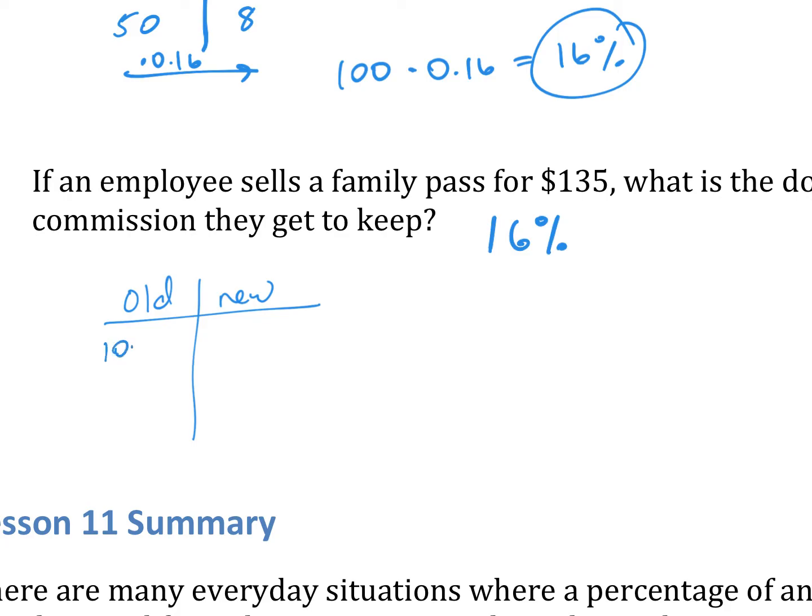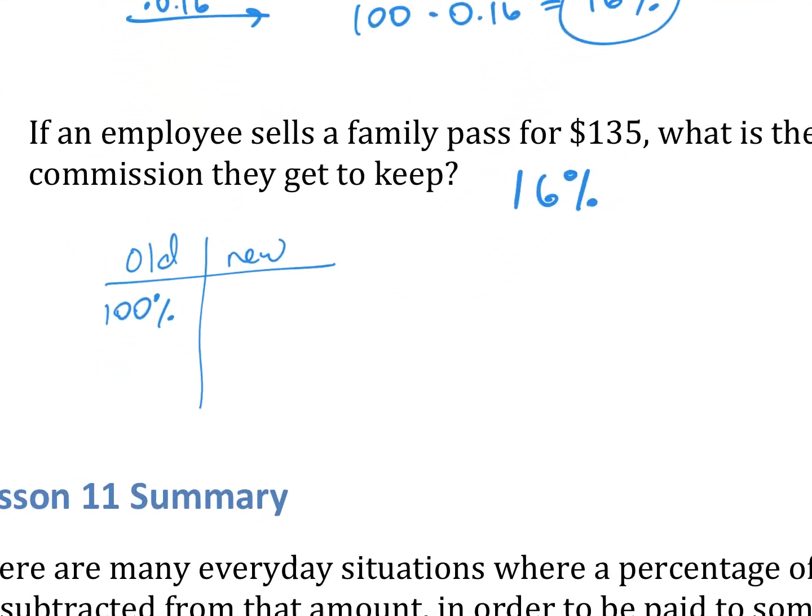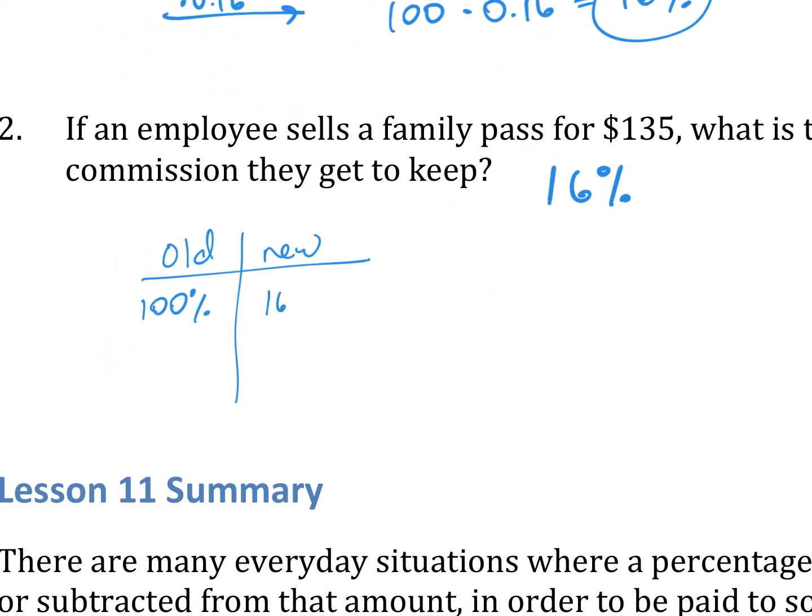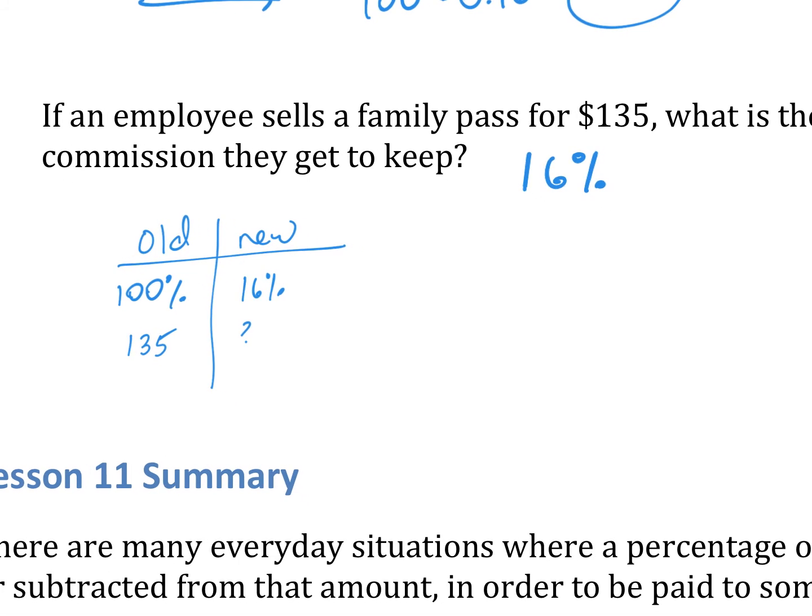Again, we have 100%. Since I'm trying to figure out the amount of the commission they get to keep, my percentage is just going to be 16%. I'm not going to use 116% because they don't get to keep the $135 plus an additional amount. They only get to keep 16%. From here, I know it's $135 for my original amount, but I don't know what the employee gets. So let's figure out our constant of proportionality. 16 over 100 is 0.16. So I'm going to multiply by 0.16. And then 135 times 0.16